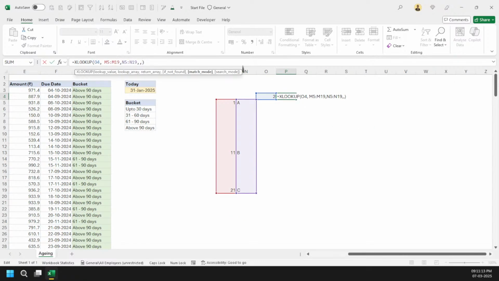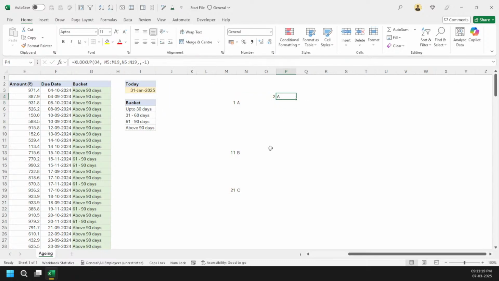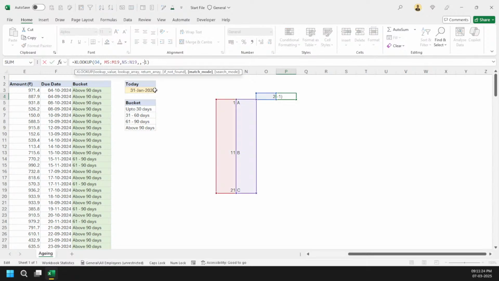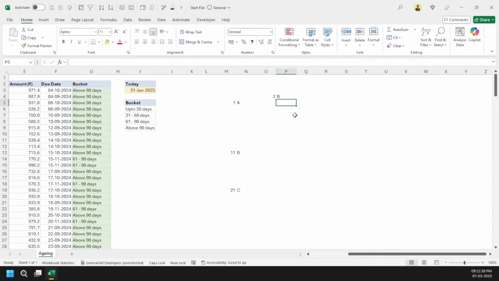So let's see what will happen. If I write here exact match or next smaller item, it will say A because it is falling behind. Okay. And if I say exact match or next larger item, it is jumping here. Got it? So that's the whole idea here, right? So what we can now do here, if we go with that logic, simply put, let's make a helper column here.